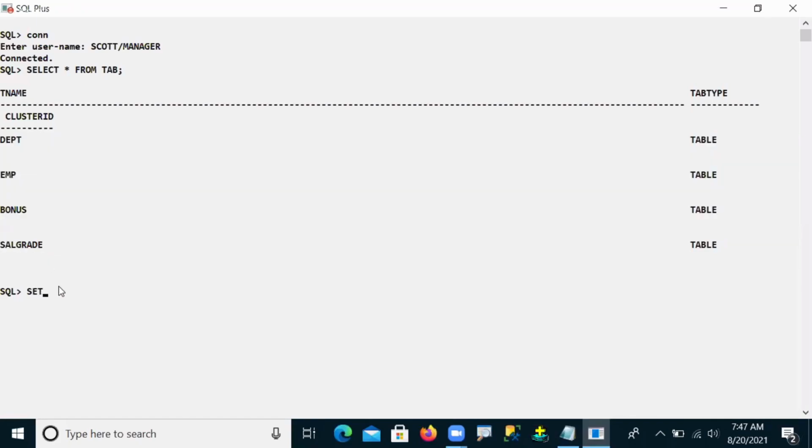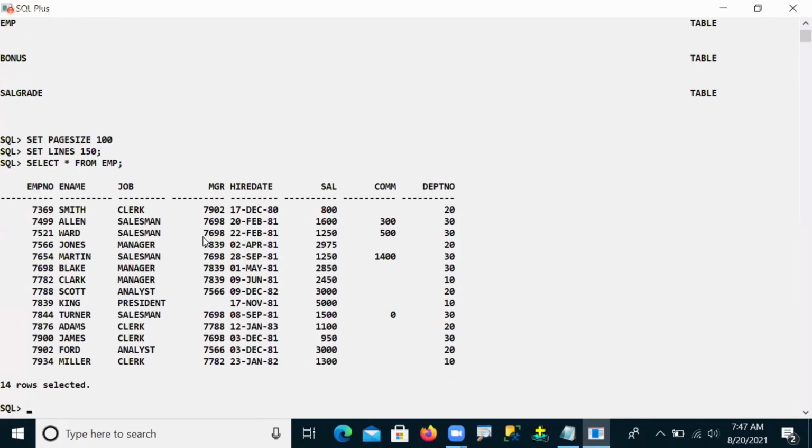Now I'm going to set here the space size, and what this is, we will discuss. Now one of my tables I'm taking from this, EMP. This is one table, guys.